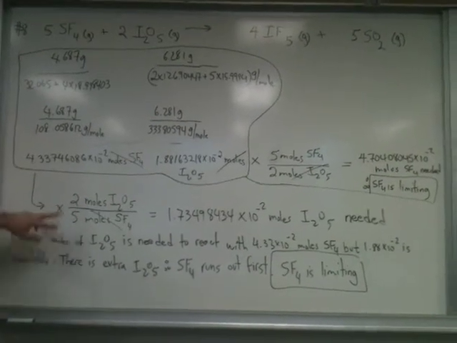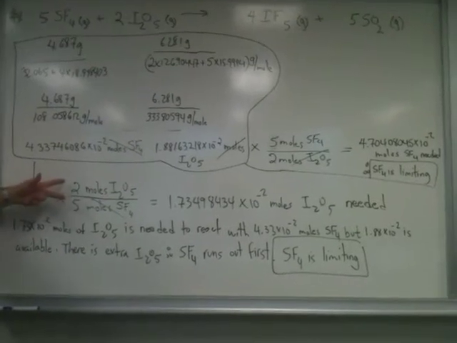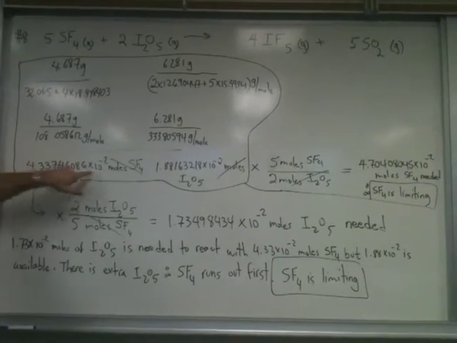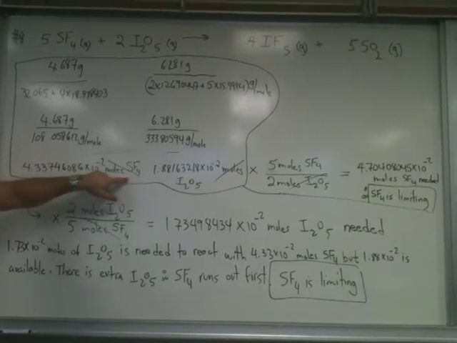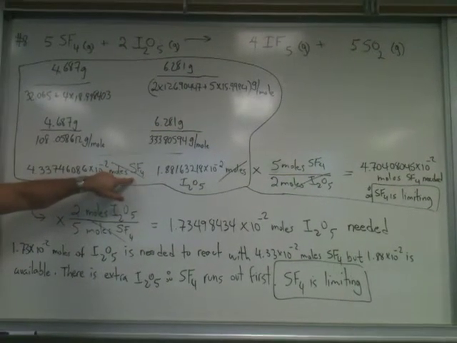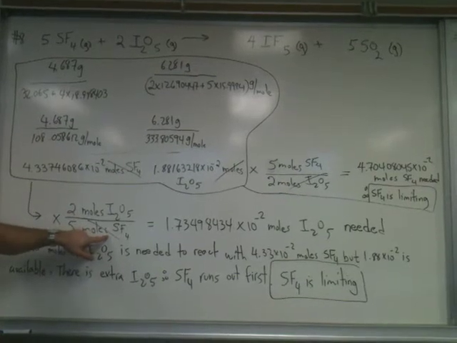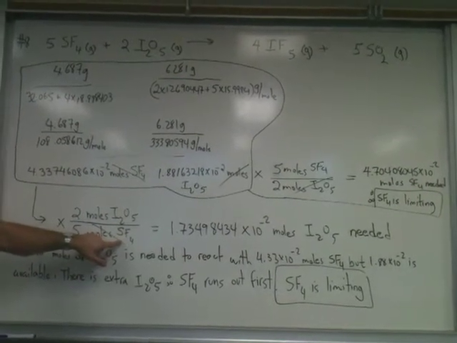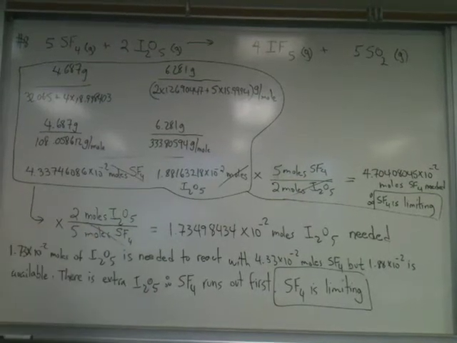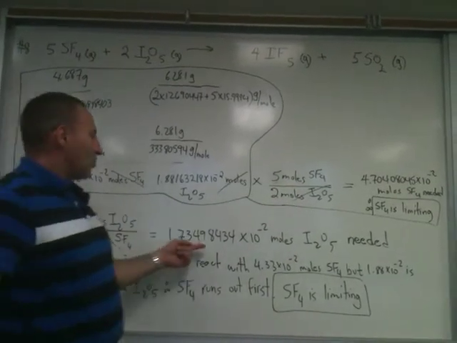How did I know to put it 2 over 5 and not 5 over 2? I want to eliminate SF4. SF4 is in the numerator. So if I want to eliminate something that's in the numerator, I have to put the same thing in the denominator. So I knew that the 5 moles SF4 had to appear in the bottom of the conversion factor. That tells me that this reaction requires,